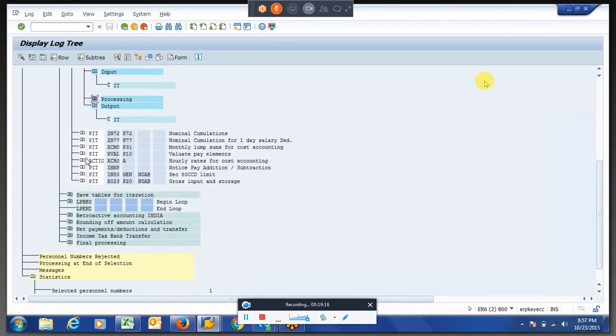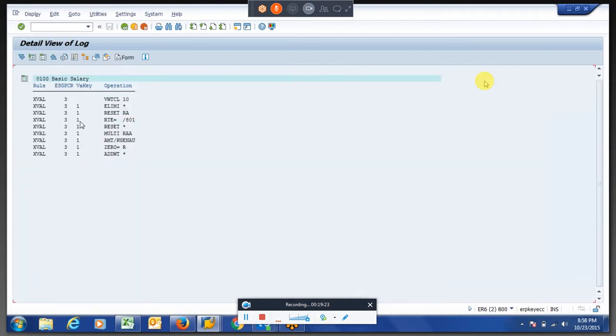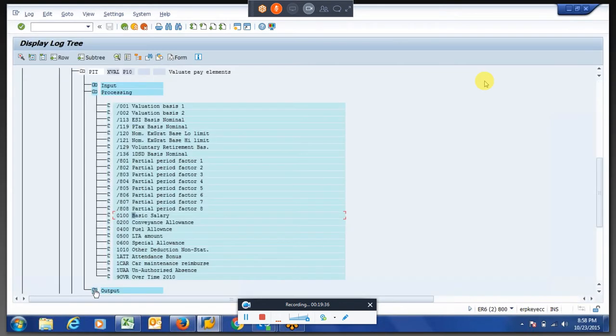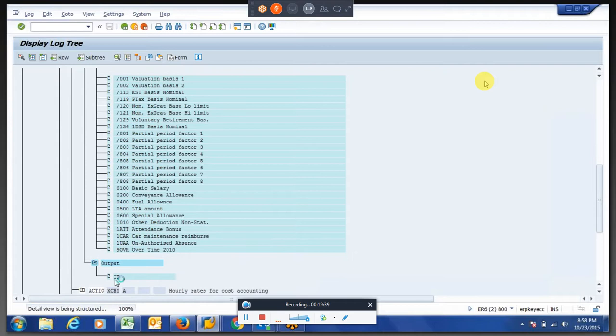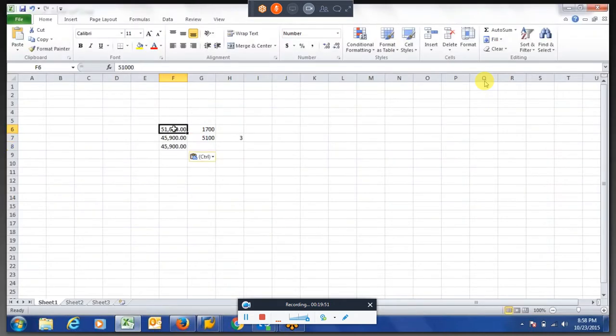So if you see, you have a different rate which was a reduced one in /801. And if you see after xval within the processing class 10, let us say for basic salary, it was mentioned as 1 and it is multiplying with /801, whatever the 90,000 is there, again dividing with the 1 lakh. So finally if you see the output, you will get this 45,900. So whatever the Excel I have written with a different formula, it's a straightforward formula.